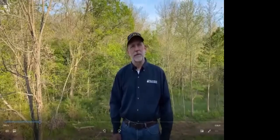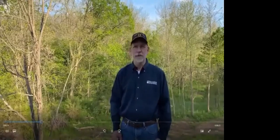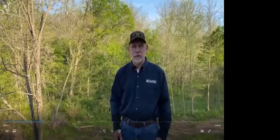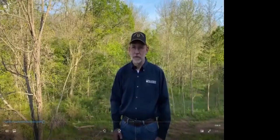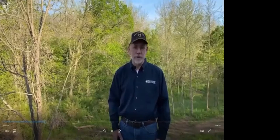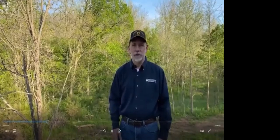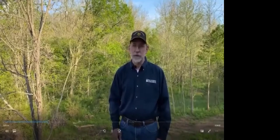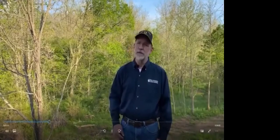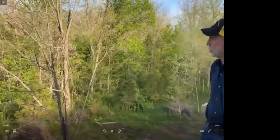Now let's talk about the forest. And again, to the uninitiated, the forest is an amazing, mysterious, wonderful place. And I would certainly agree with all of those words. But the forest in reality is an ecological community. And a community is made up of individuals. Those individuals have relationships with each other. And that is certainly the case with a forest. So let's take a look at the forest and talk a little bit about what the ecological community might look